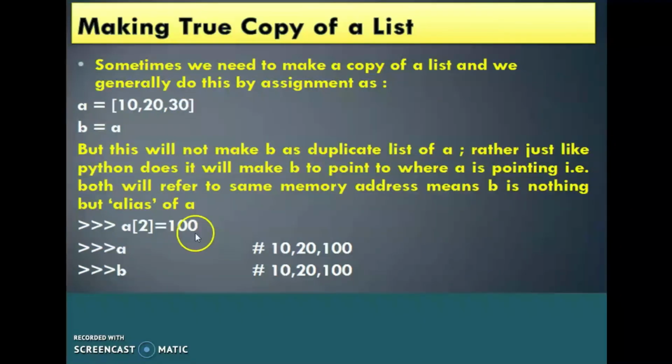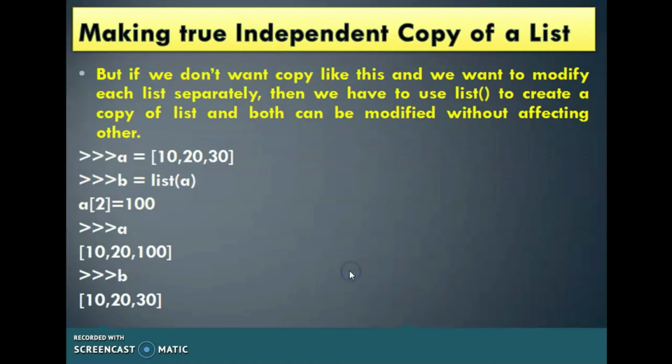So A[2] = 100 means the 30 value will be modified with the 100 value. Then we use this print statement: A is 10, 20, 100. At the same time, we can see the values are changed in this B. B is 10, 20, 100. Okay, clear?